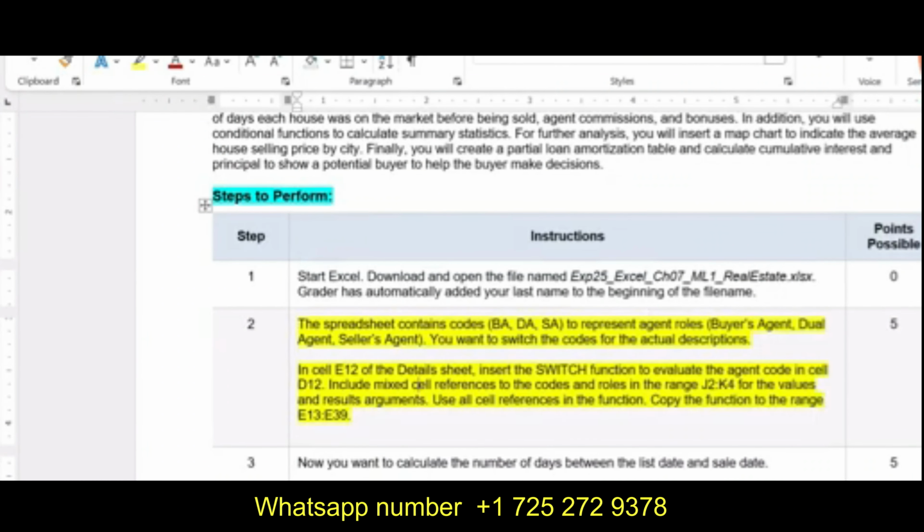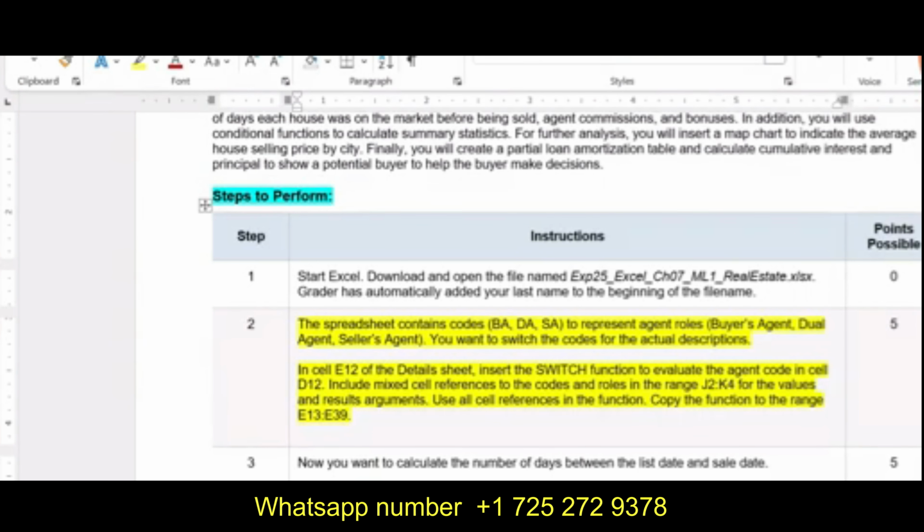The spreadsheet contains codes BA, D, and SA to represent agent roles. For example, BA is for the buyer agent, D is for the dual agent, and SA for the seller agent. You want to switch the code for the actual description. In cell E12 of the Details worksheet, insert the SWITCH function to evaluate the agent code in cell D12.